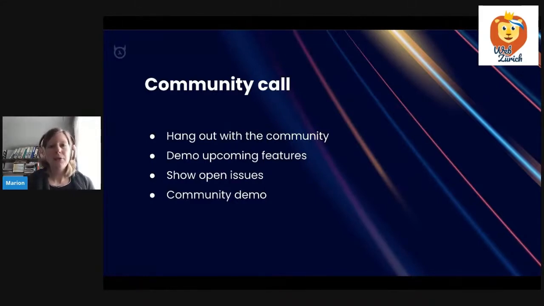And it's also an opportunity for potential open source contributors, because we show open issues that are easy to contribute to. For example, we also want to be very open for first-time contributors. So this is where we show what we have at the moment that is good for the open source community